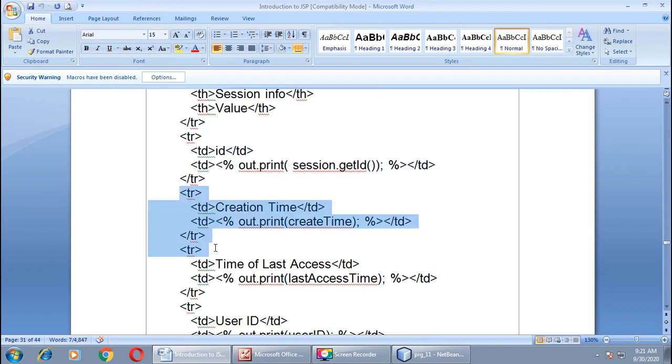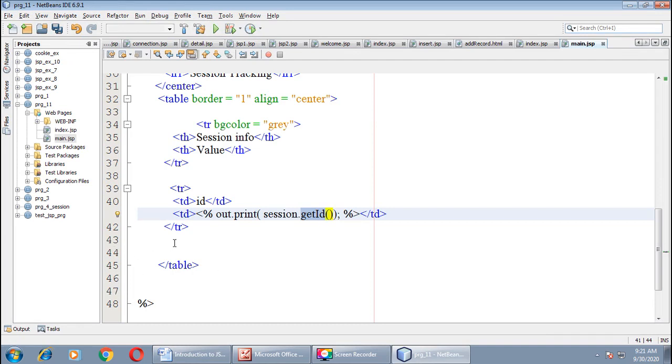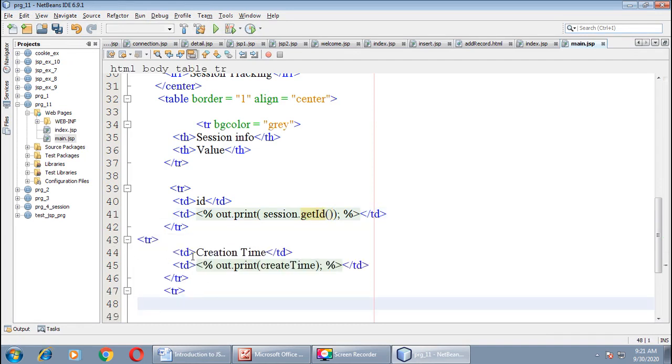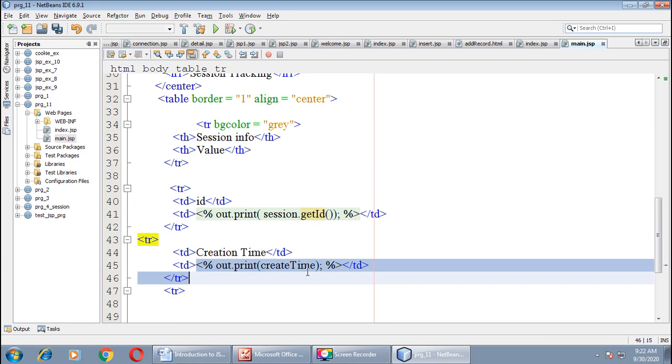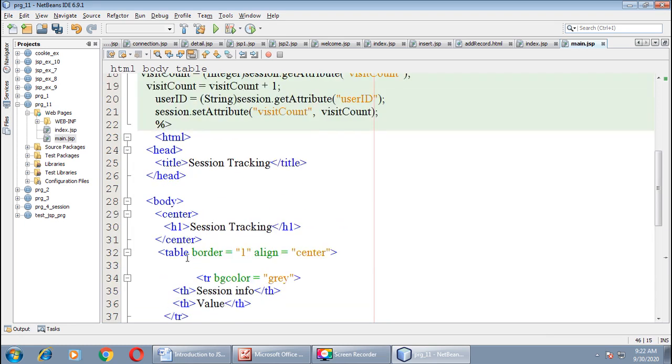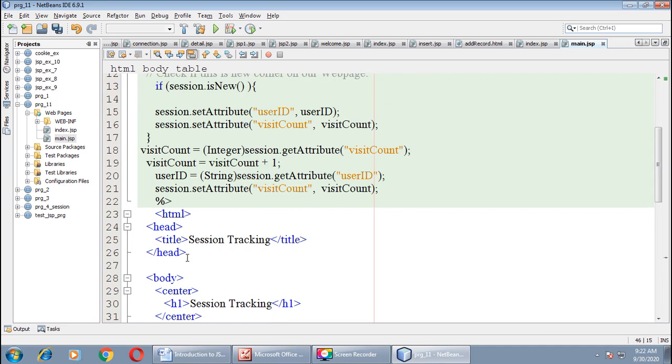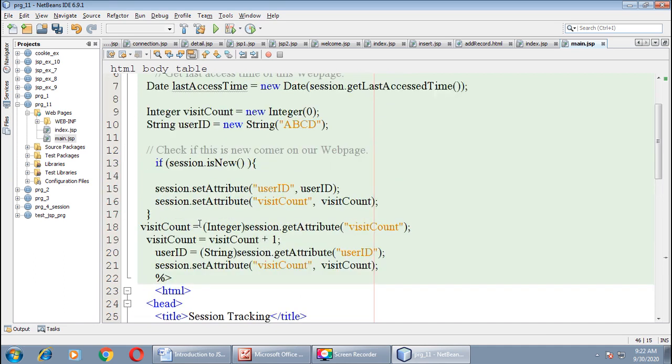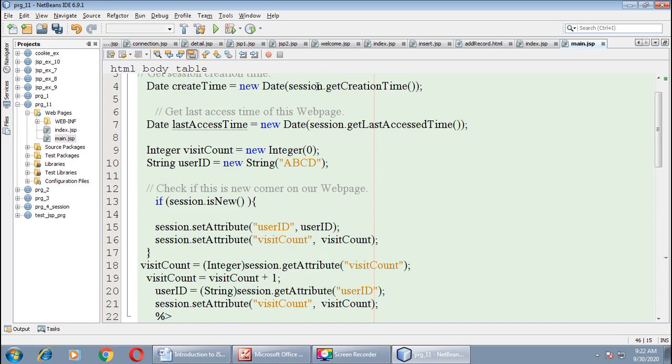In the next tr we will print the creation time of the session. So here I gave a label, creation time, and in the second td I will print create time. As you can see, create time we already got through this line, right?